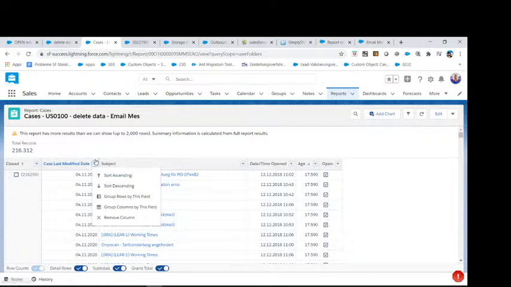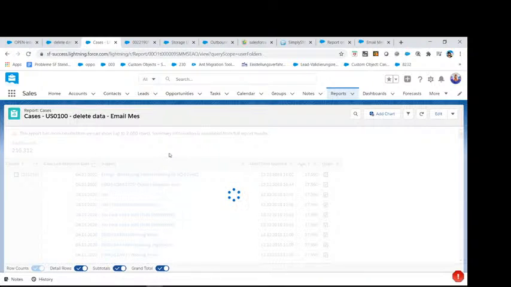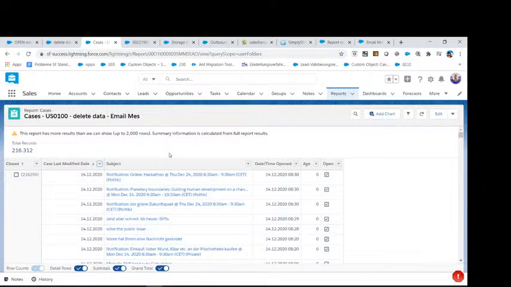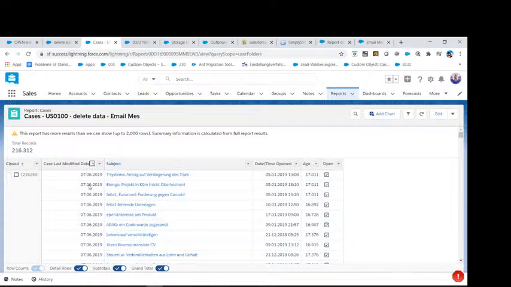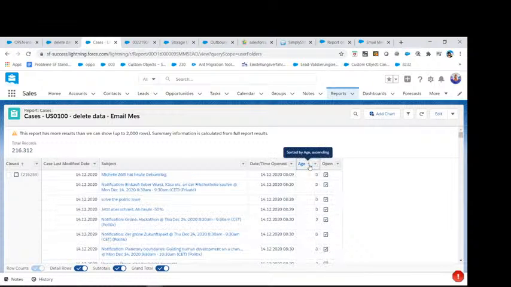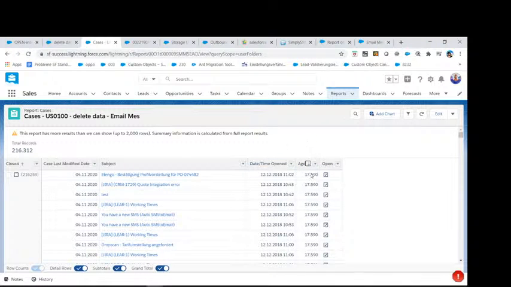Let me see the last modified date maybe. I think we should go another way. The last modified dates look pretty like this, but the older the messages, the better, I think. So, as you can see, we have some Jira tickets,